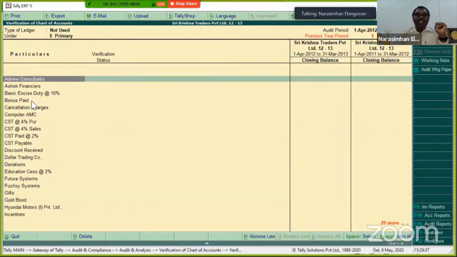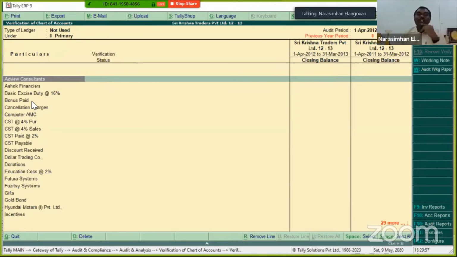Now, how do I know whether I've passed the audit fee entry or not, or which are the ledgers which I have not touched during the year? This will give you at one shot. Look at this. Opening balance also is 0 or closing balance also is 0. Correct? It gives you one total perspective. Sorry, this is not opening balance, closing balance 0. It is basically the ledger accounts which have not been touched during the year.